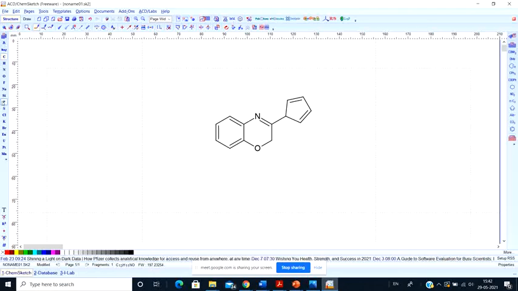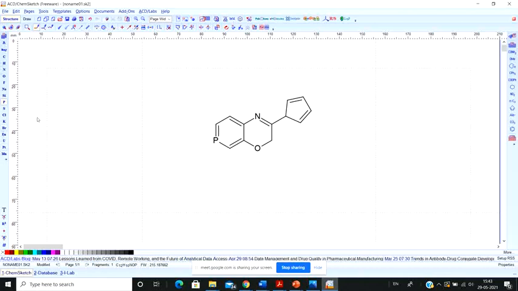So suppose now I want to add a phosphate group here. How to do it? Again, select the phosphate and select the area where you want to add it. Click on it and the phosphate group has been added. But suppose now I want a plus charge on this particular nitrogen, but I can't seem to bring it, right? How can I add the charge here?